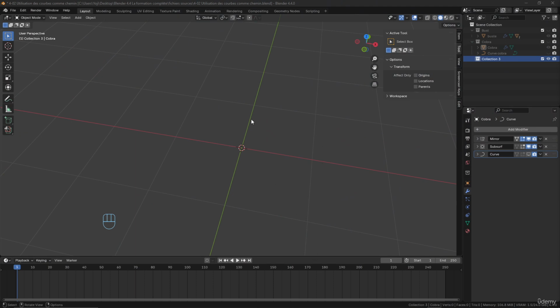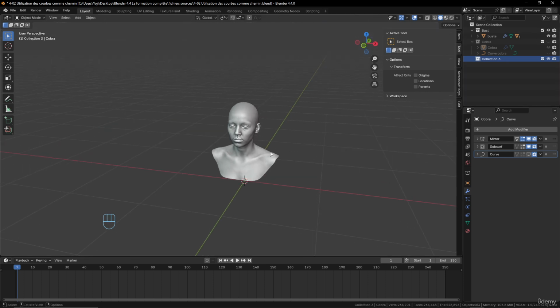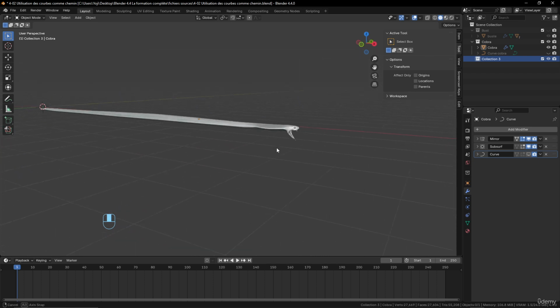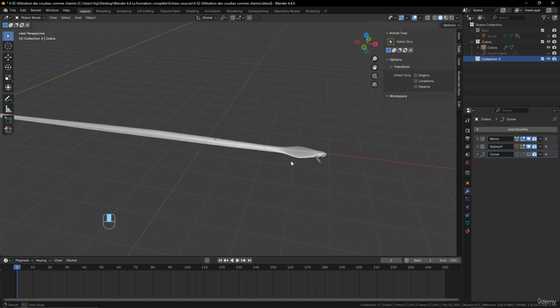In this video, we'll see a few examples on how to use curves as path. So here I have a few collections. I will save this file for you after. We have here a bust that we will use for creating a necklace here. And we have a cobra here that you can see that now is totally flat, and we will make a